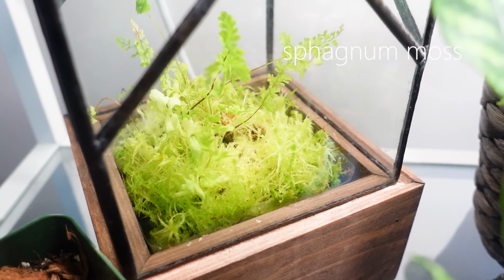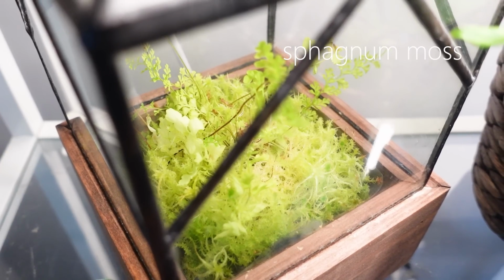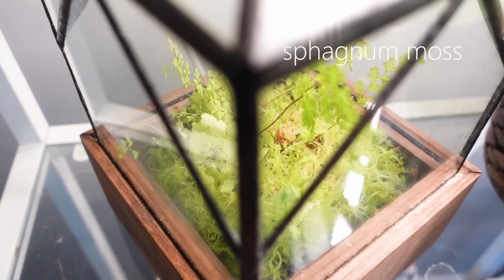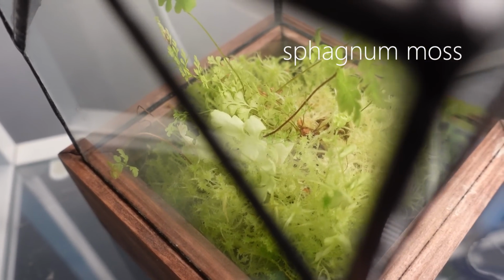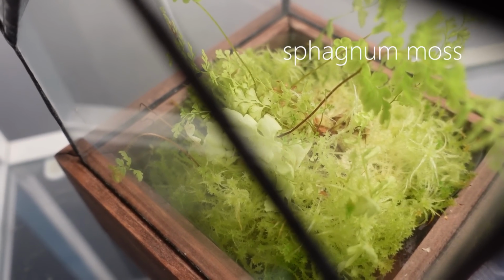I love sphagnum moss. I freaking love sphagnum moss. It's so cool. How does it revive itself? I don't even know if this fern thing in the middle is part of the sphagnum moss, but that actually also revived out of the dried sphagnum. So I don't know. Honestly, it's been a very, very rewarding and fun plant to watch because it's like, what's going to pop out next? A freaking